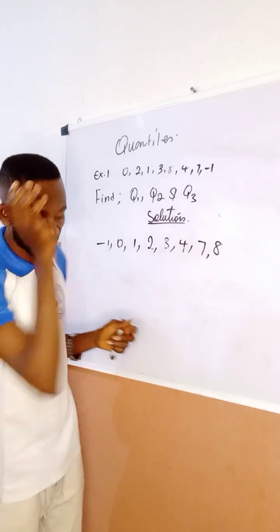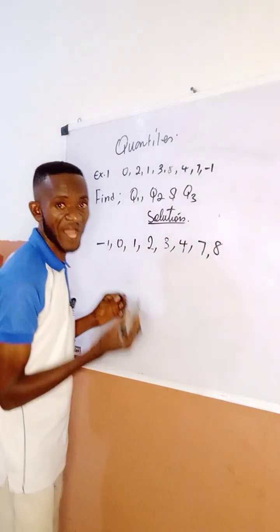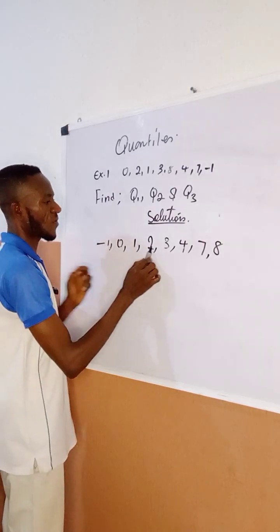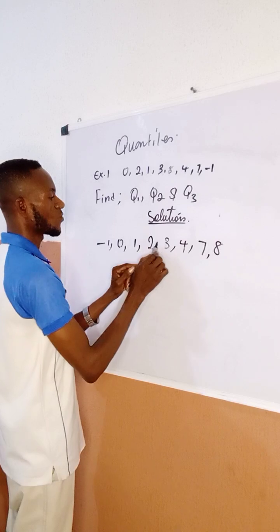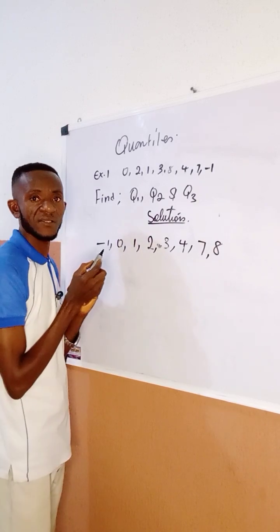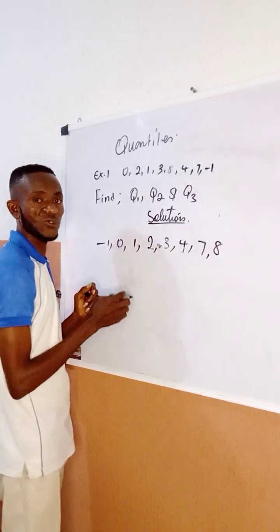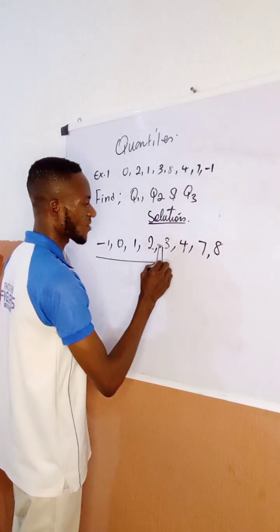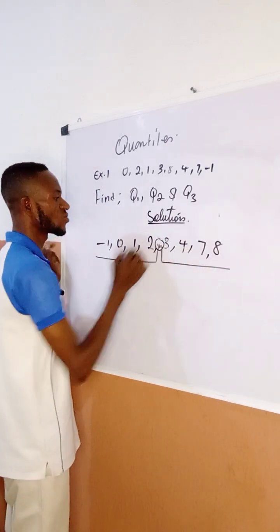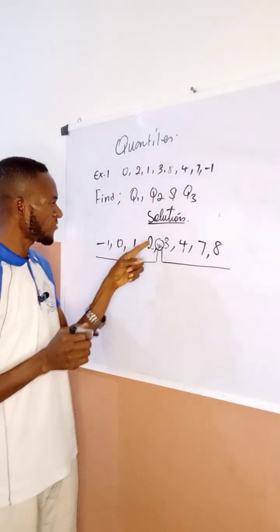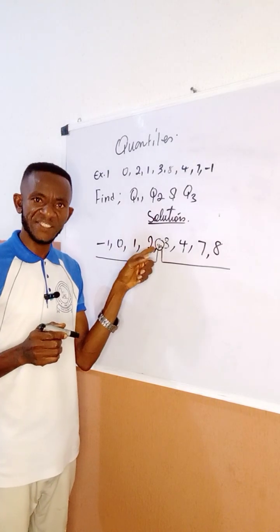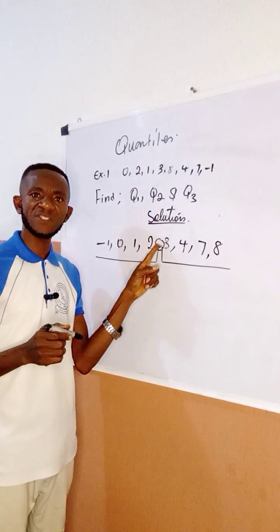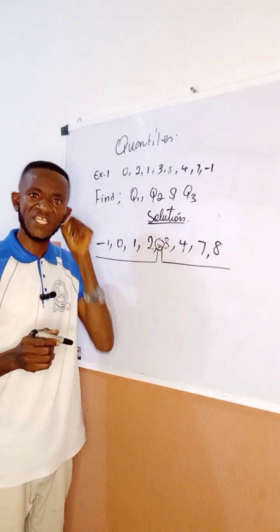So we now go ahead. When we go ahead now, what we are going to have here is, we try to locate the center of this. If you count 1, 2, 3, 4, you count 1, 2, 3, 4, you find out that the center of the distribution is supposed to be here. So I'll draw a line this way, come here, and draw a line this way, come here, pointing that here is going to be the center. But if you look at this center, you find out that there is no value there. So what you do is add the number at the left of this particular point and the number at the right of this particular point in order to get your